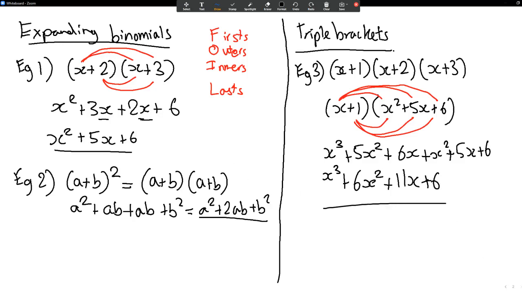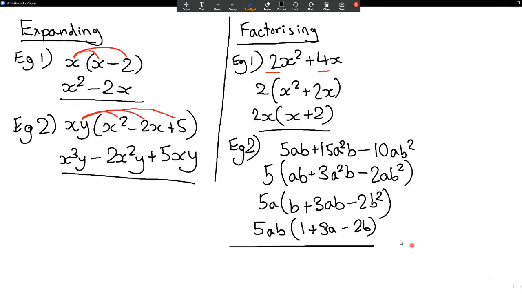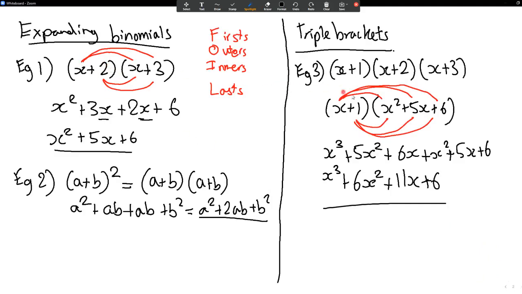Okay. Now you might be thinking, okay, so we can expand these binomials here, but last time we learned how to factorize these binomials, but like with a single term. So you might be asking, okay, so how do we factorize something like this into this? And that's what we'll be focusing on in the next